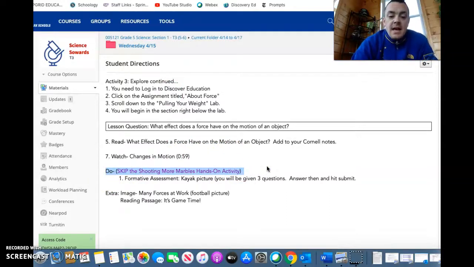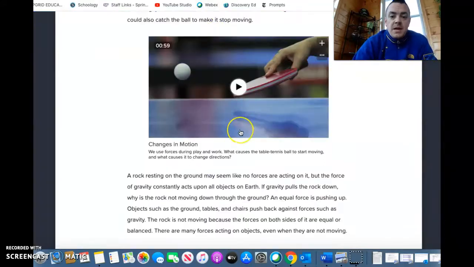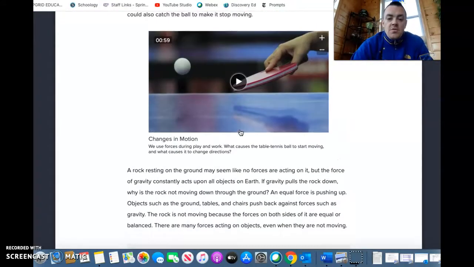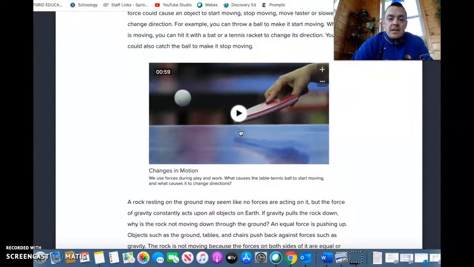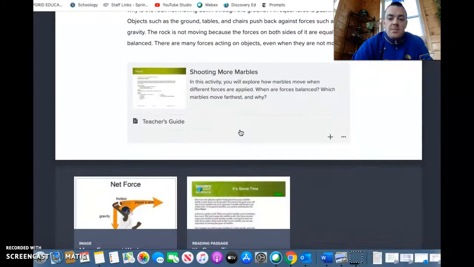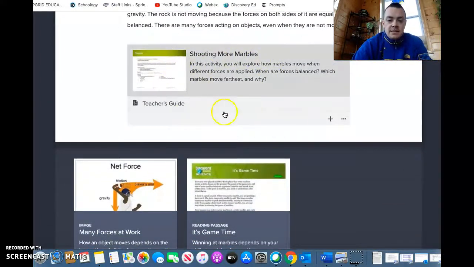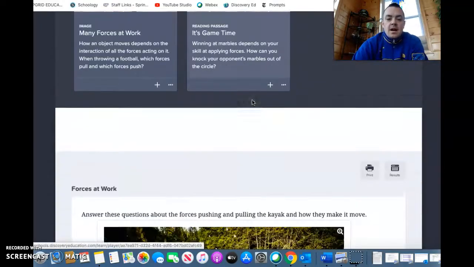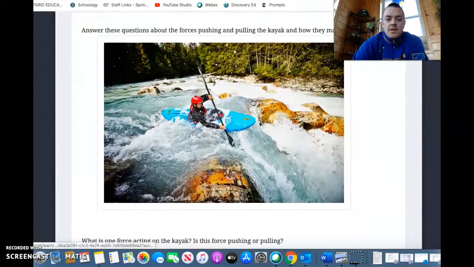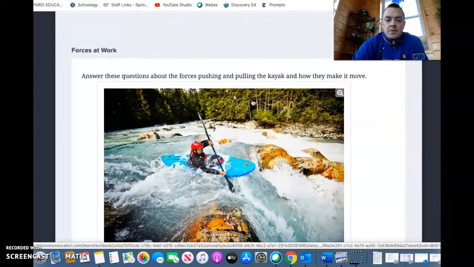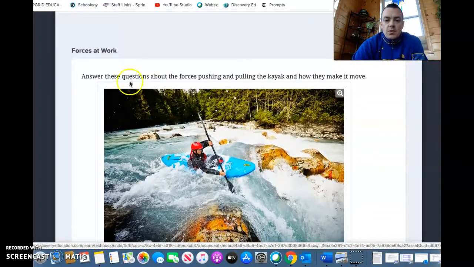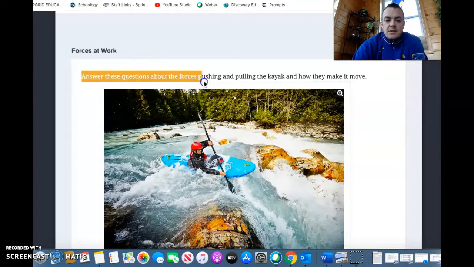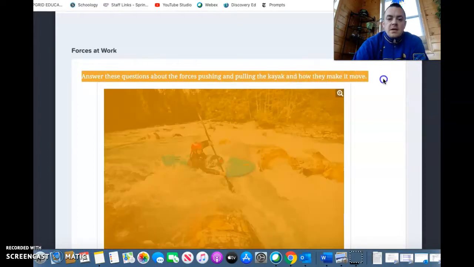There is, at the bottom of the page, once you continue on down, I'm going to go back to that. After you've done your reading and watched your 59-second video, you can keep going down. You're going to skip this. Okay, and there at the bottom, there's a photo. Okay, forces at work. So what you are going to do is you're going to begin answering these questions about